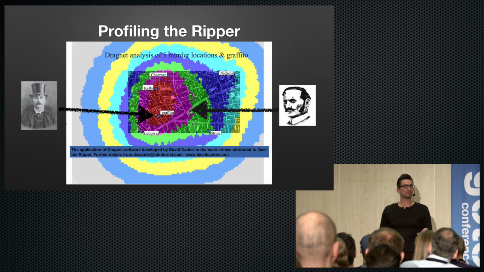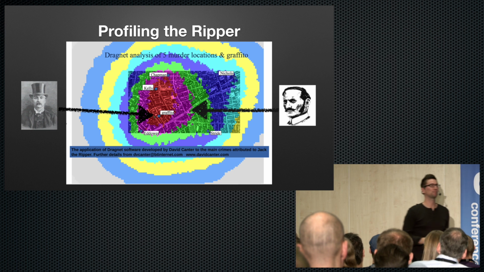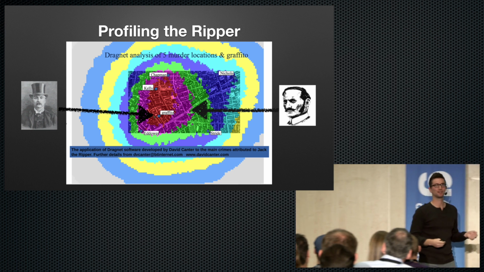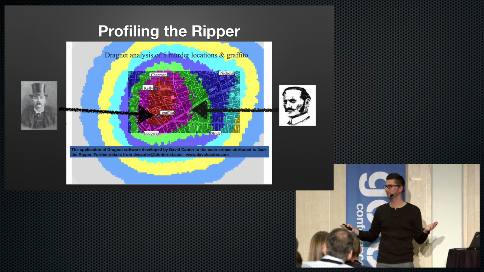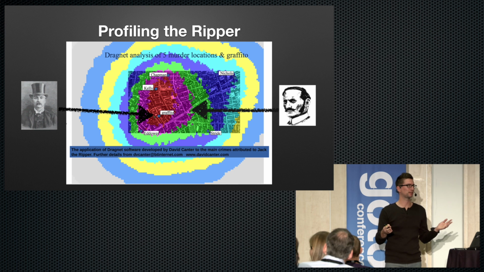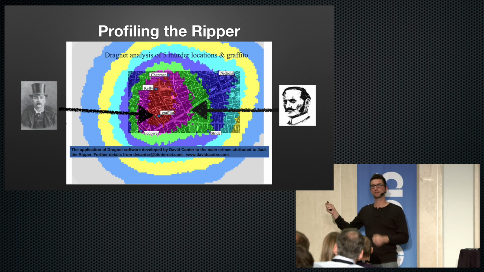But before we do that, perhaps you want to know if this profiling stuff works at all. Because I know Jack the Ripper is a cheap case study to make, right? He was never caught. So who was Jack the Ripper? I really wish I could answer that question. I can't. But what I can do is to look at the main suspects and see how well they fit